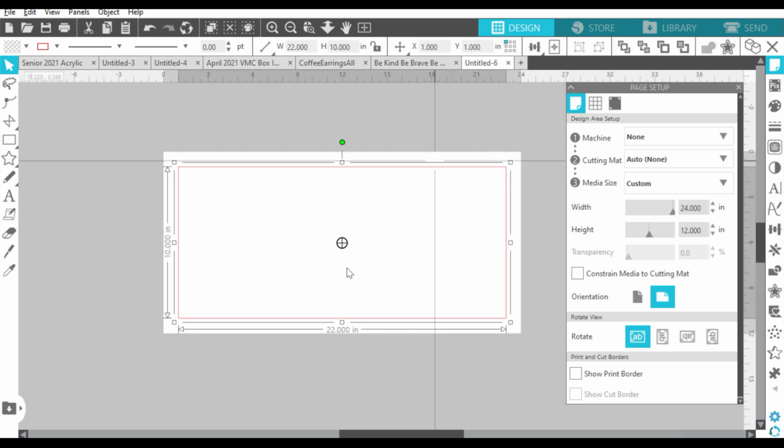Now what I've also done is I have added this rectangle in the middle because I'm using a farmhouse sign and it has a border all the way around the outside. So having this added rectangle here is going to help me to really size the design appropriately to make sure that I take that outside border into consideration. It's going to be just really useful for making sure that everything's the right size and the layout is appropriate.